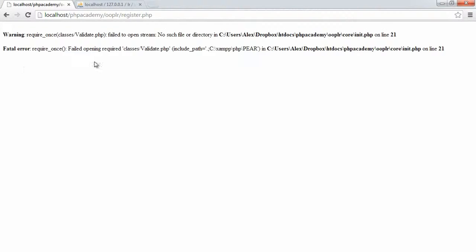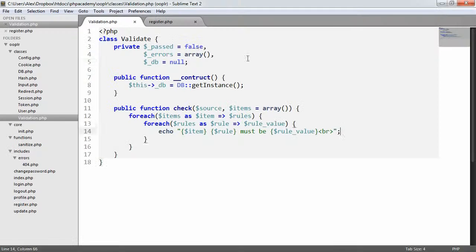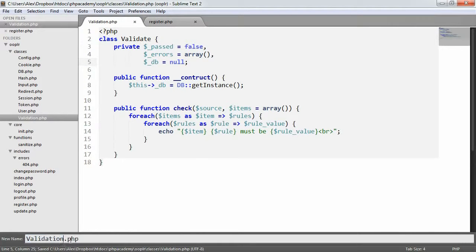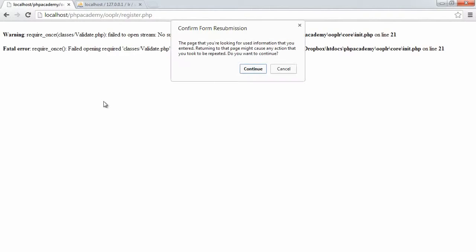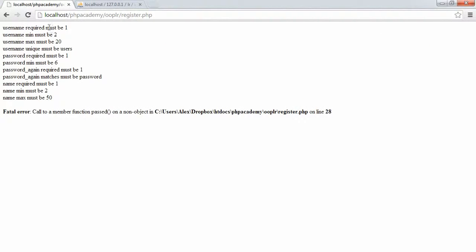So when we register, validate.php. So that looks like... Oh, okay, so we've called this validation.php. So let's just change that to validate.php. Remember, because of our autoloader, it's going to load in the absolute name of this. So when we refresh, we see username required must be 1,